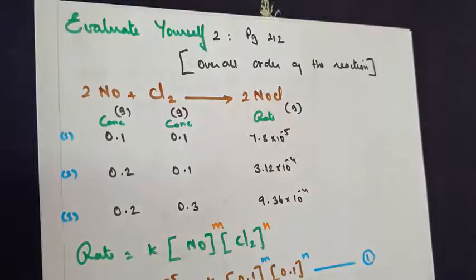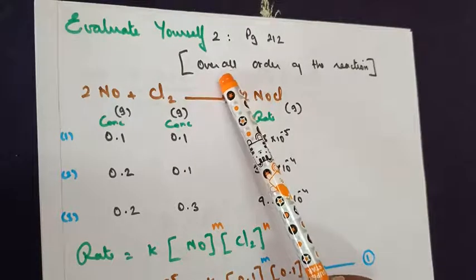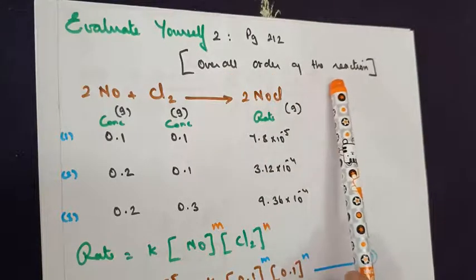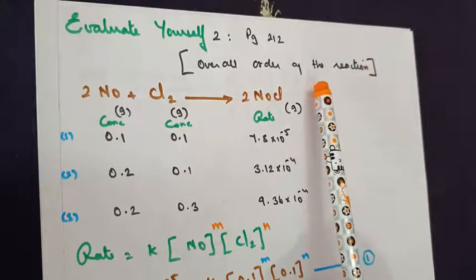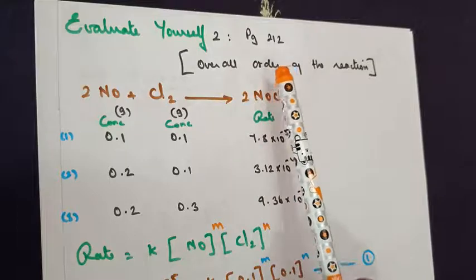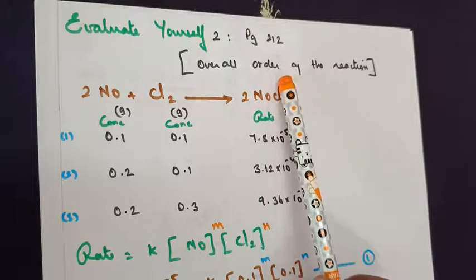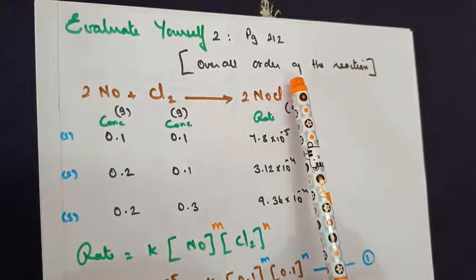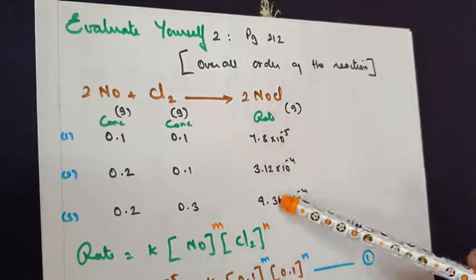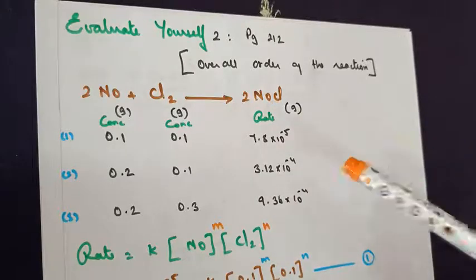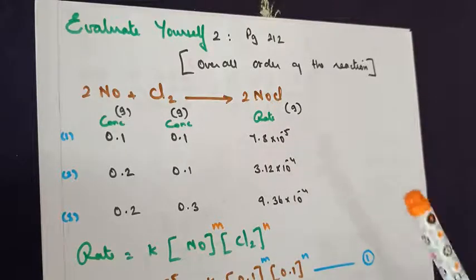Good wishes, dear students. The type of sum you will be learning from chemical kinetics today is calculating the overall order of the reactions. In the previous classes, you have learned sums based on overall order in terms of 1 mark and 2 mark. I also told you the same type of sums will be asked in terms of 3 mark and 5 mark weightage. So today's concept is based on the weightage of 3 mark and 5 mark.